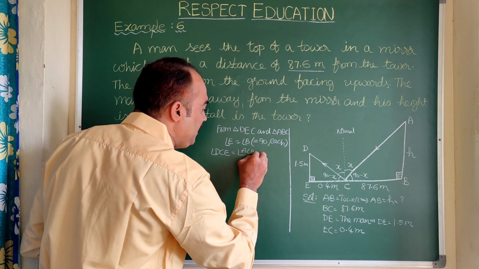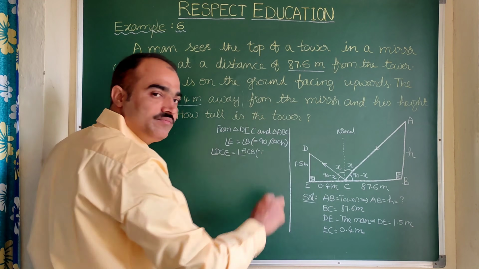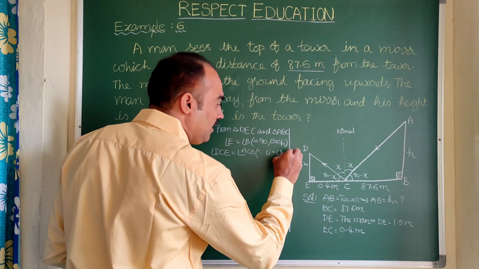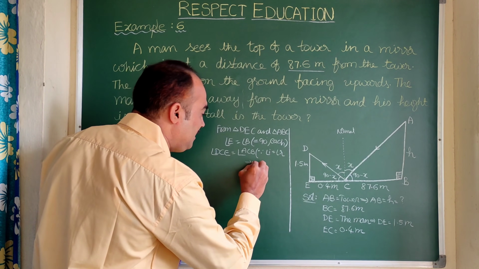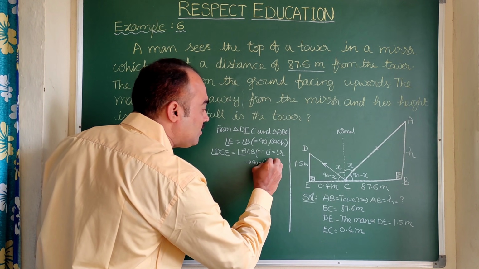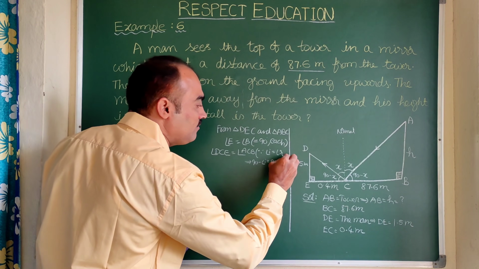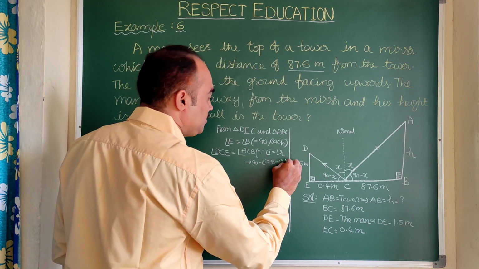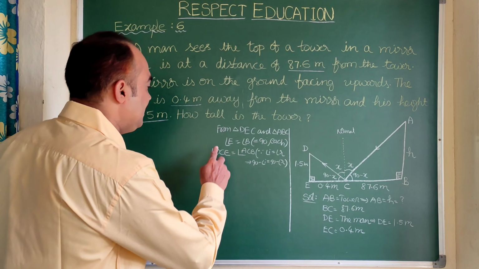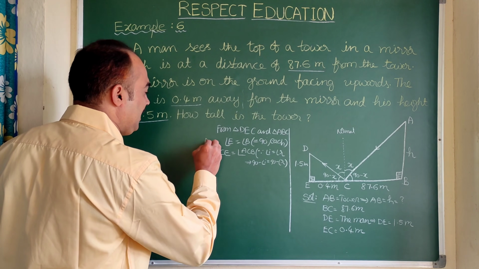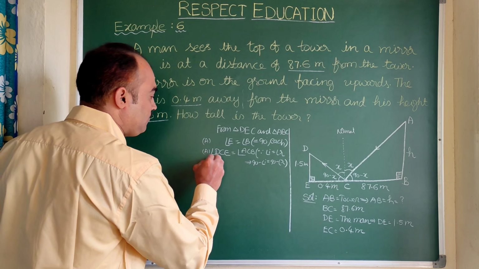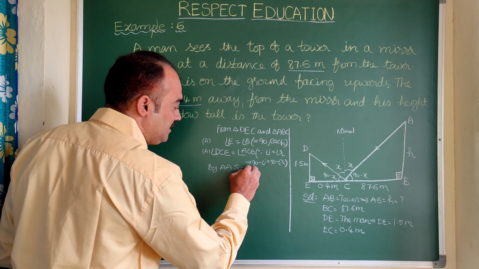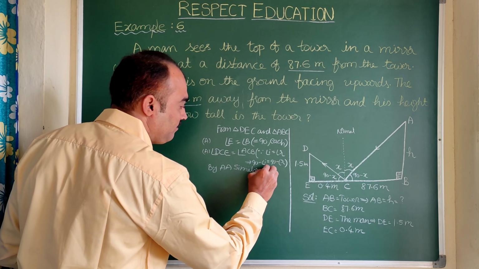The reason is that since angle I equals angle R, 90 minus angle I is also 90 minus angle R, or you can write X. It's not at all a problem. So based on this, these two indicate one angle and these two indicate another angle. Therefore by the AA similarity criterion,